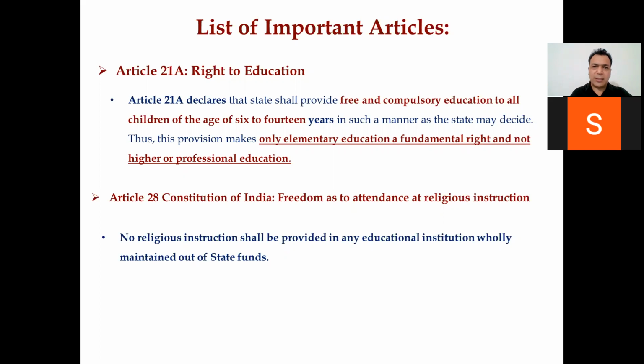It means up to 14 years, when the child is in elementary class, up to 7th or 8th. So this right ensures free and compulsory education for all children up to the age of 14. That is Article 21A. Next, Article 28,